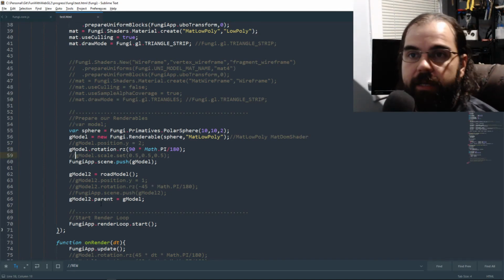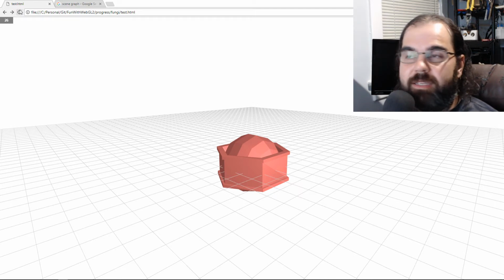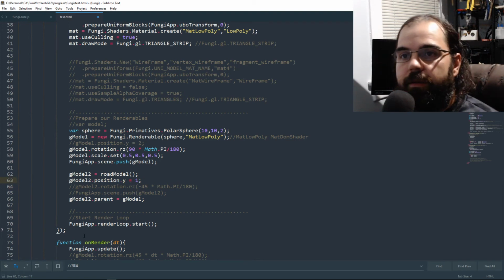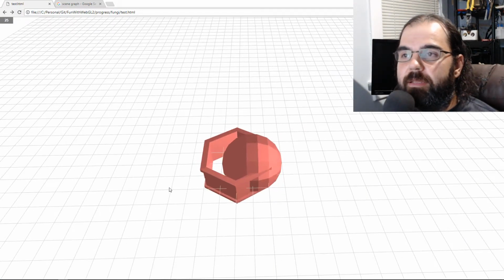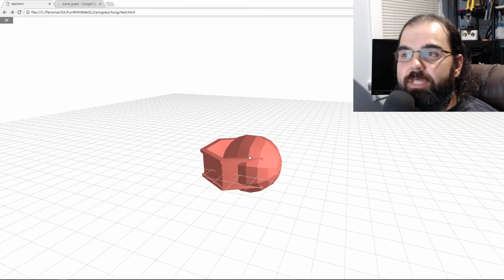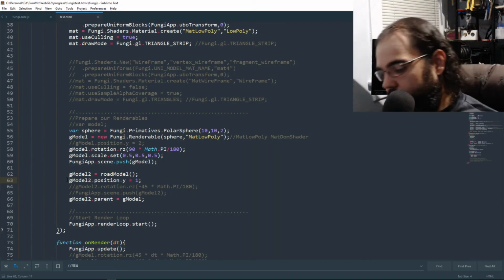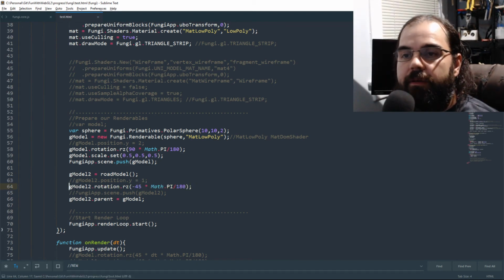And we can also apply scale as well. By scaling the parent, I can scale its children. Ta-da! And to show you local space, we can move our model or road independently. But as you see, it's still rotating 90 degrees plus its transformation. If I want to comment that out and do rotation,